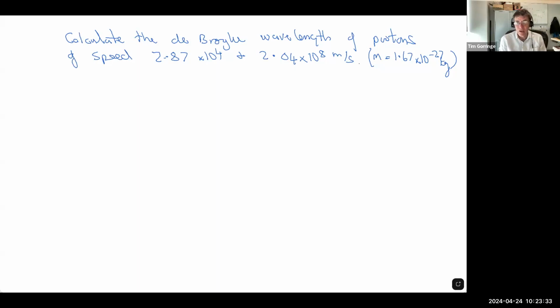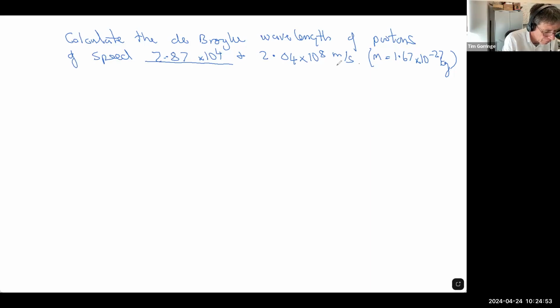The key equation that we want is de Broglie's equation for matter waves. It's a relationship between the momentum of particles, like an electron, proton, or neutron, and the corresponding wavelength of those particles. That equation was that the wavelength of the matter waves, lambda, is equal to Planck's constant, h, divided by the momentum of the particles. So let's go ahead and, for these two different speeds, the slower speed on the left-hand side,